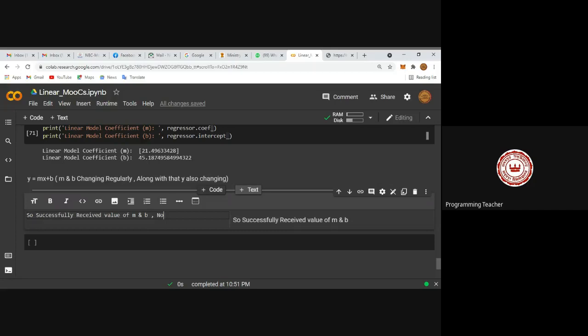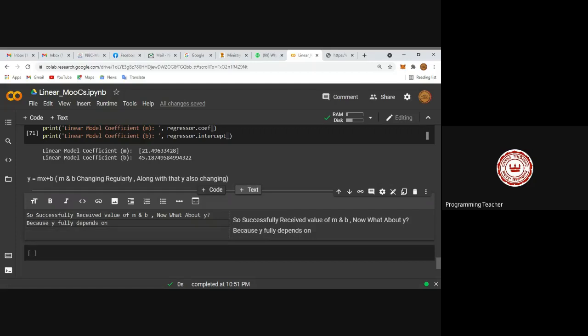Now, what about y? Because y fully depends on which one? Temperature. Yes or no? m is the parameter. y equal to mx plus c.